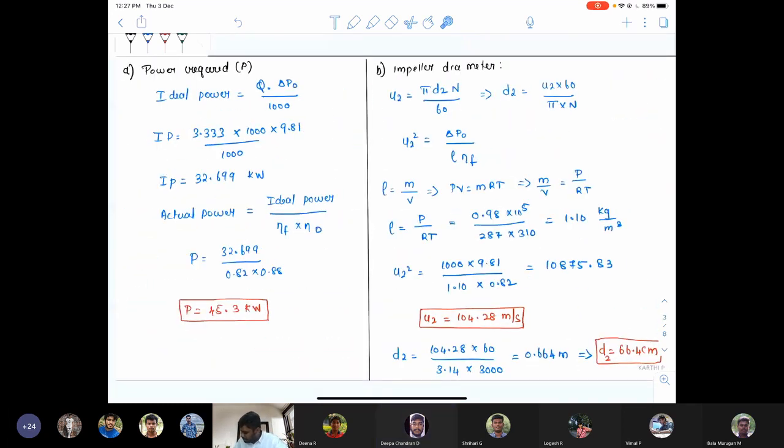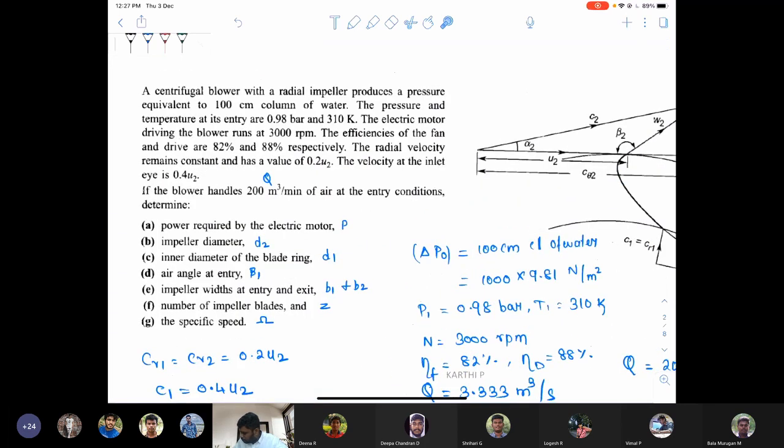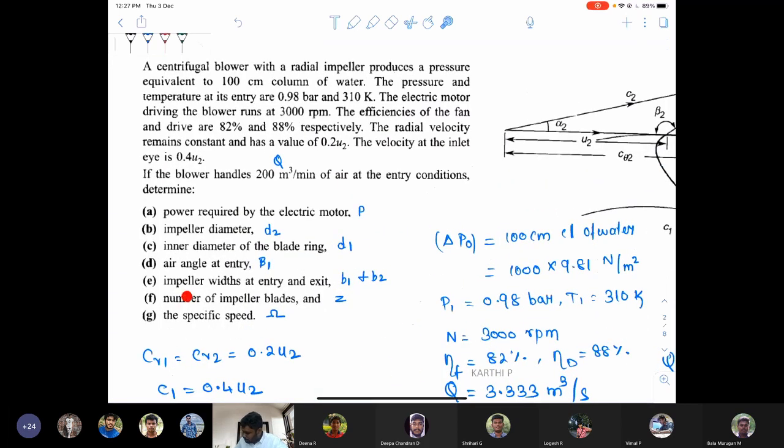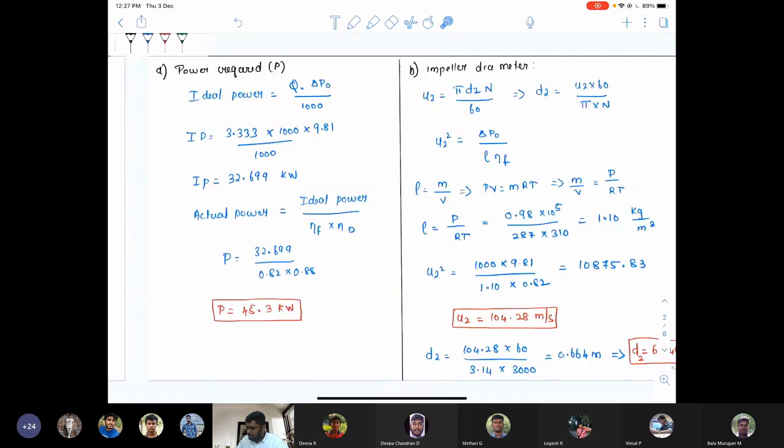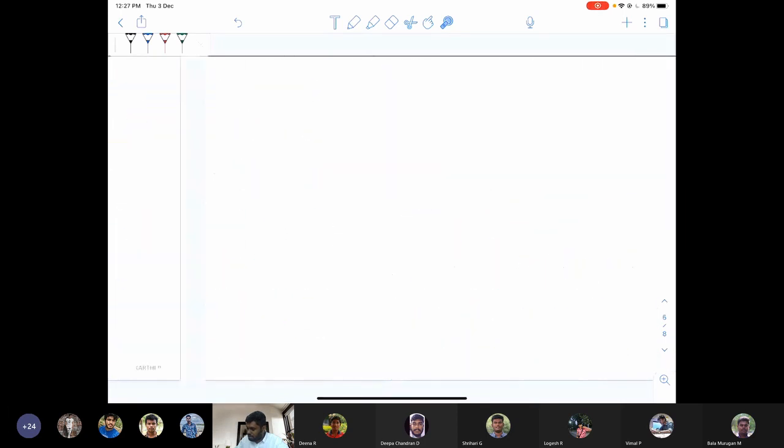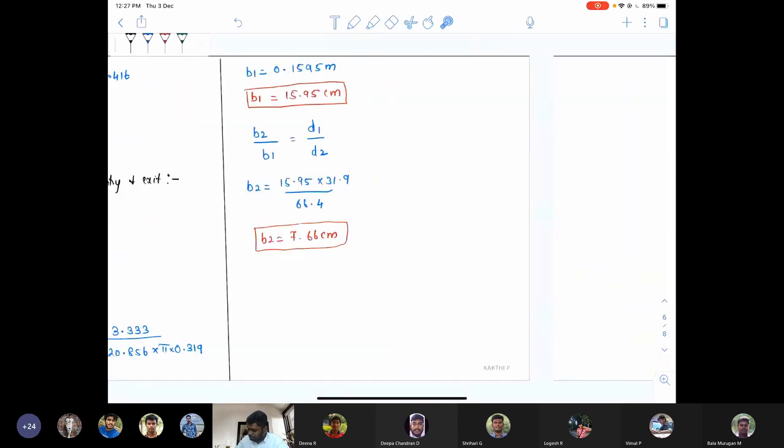And the next subdivision is the number of impeller blades. We have to find the value of Z. Today in the morning, I have sent a material which is a design parameter. In that, the number of blade formula is given and it is denoted as Z. You just find that material in order to find the equation for the value of Z.